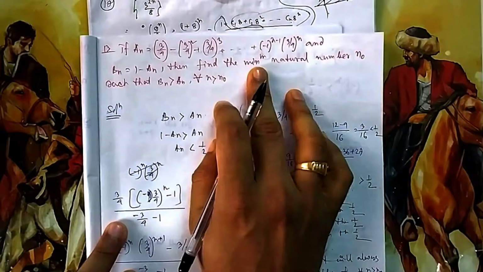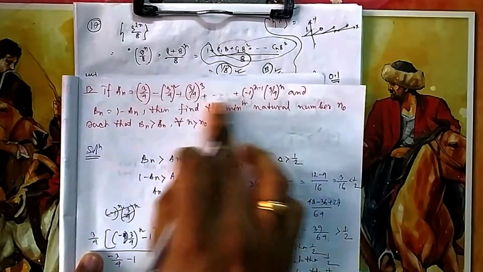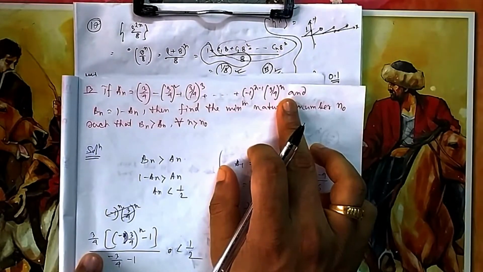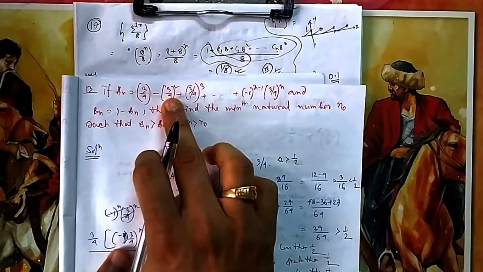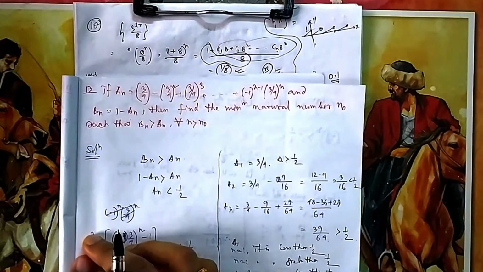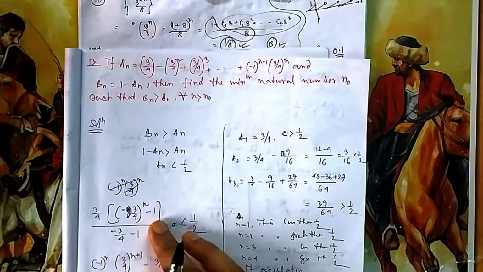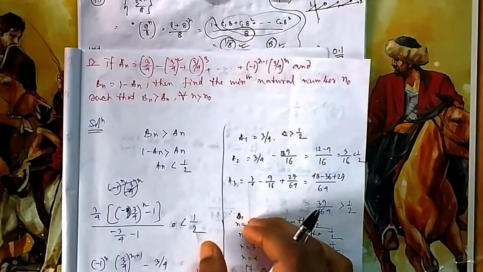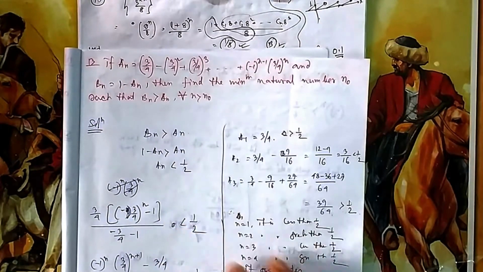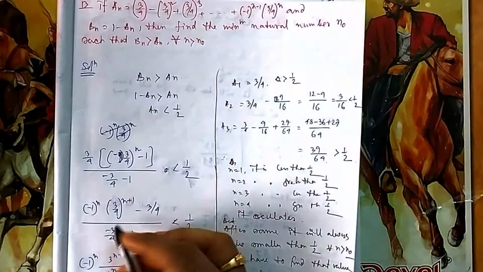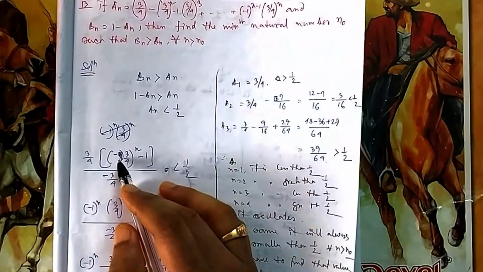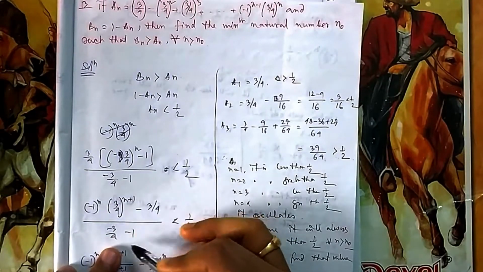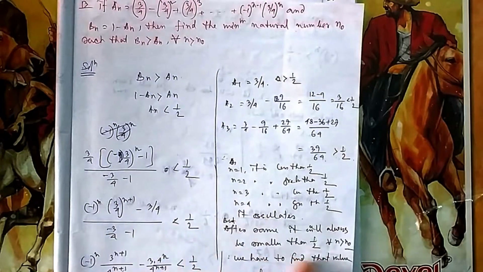So let us put the values of A_n. What is A_n? A_n is nothing but the sum of this series, which is a GP series, you can see. In this GP series, the common ratio is minus 3 by 4 because it is alternating. This is your first term. The common ratio to the power n minus 1 over r minus 1, you apply this. That should be less than half, as they have given. Now I have taken minus 1 common, so minus 1 to the power n, 3 by 4 to the power n plus 1.